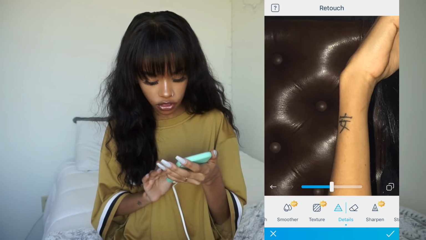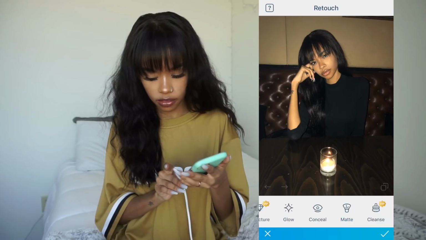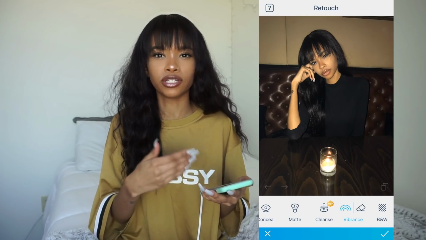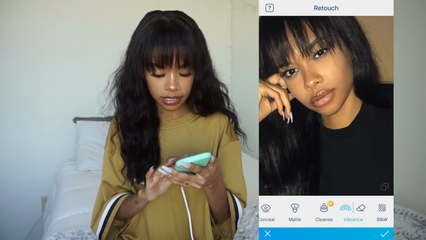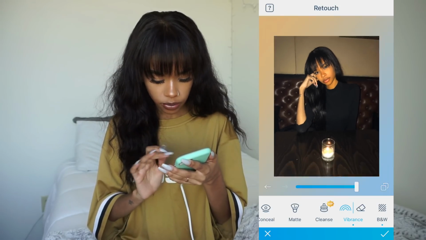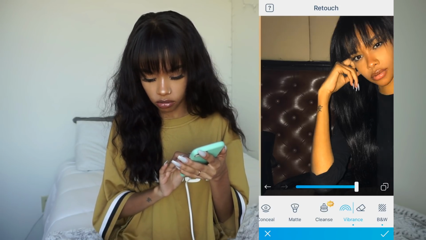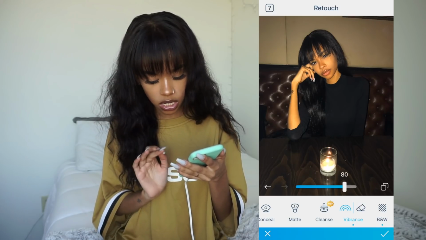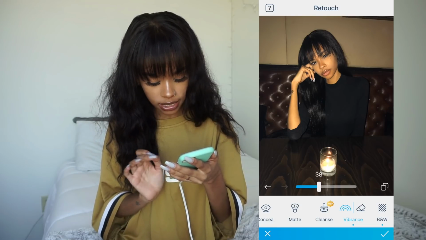Detailed it, and then after that I go into the vibrance tool, and the vibrance tool is essentially like saturation, and this is where I bring my tan back in pictures that I take with flash, because the flash just wipes out all of your color, sis. So you want to bring it back, and I literally just kind of paint over the places where my skin is showing, and I usually take it down pretty far. I don't go OD crazy with it, to my skin,